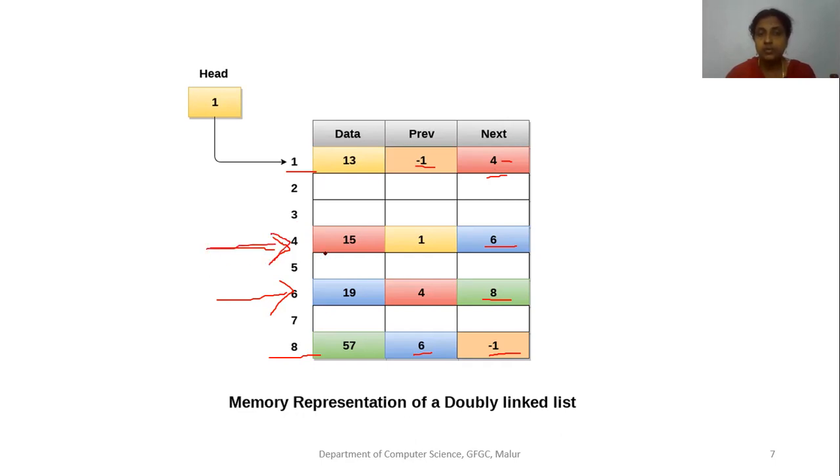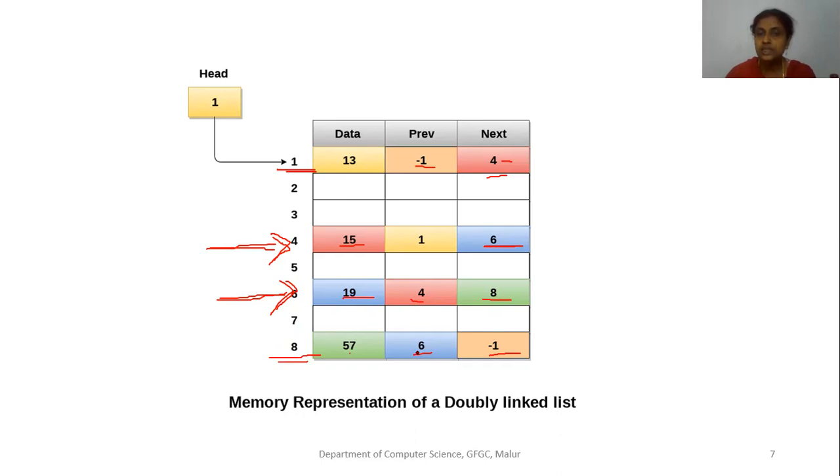Address is 4. The data stored in that second node is 15. The previous node is 1. The next node is 6. So the control will come to 6. In 6, data stored is 19. The previous node is 4. The next node is 8. So naturally control will come to 8. Data part is 57.